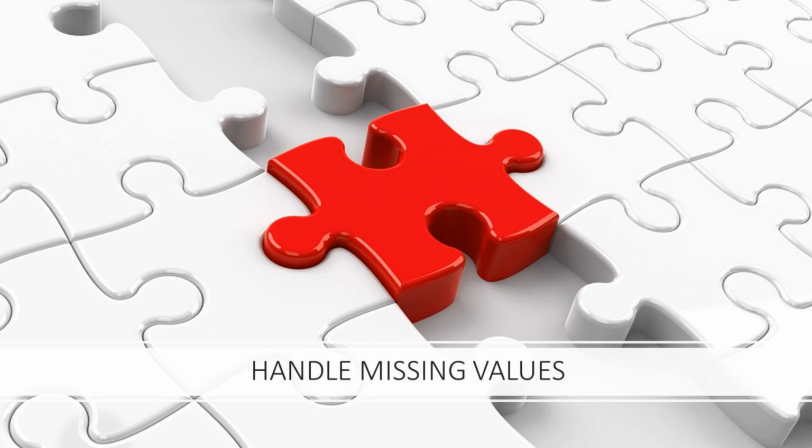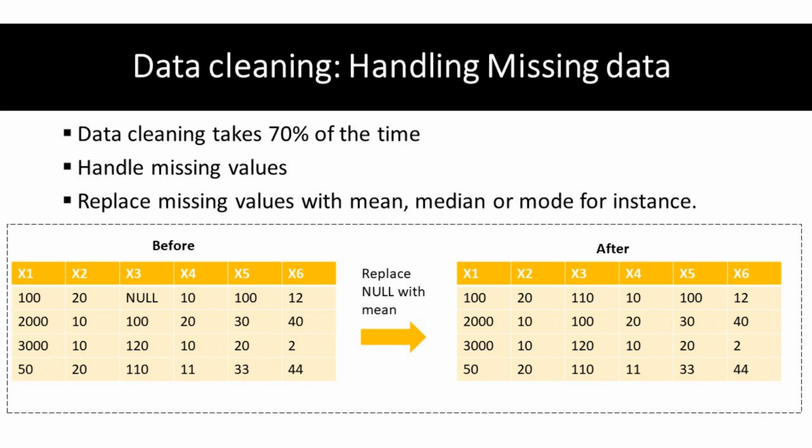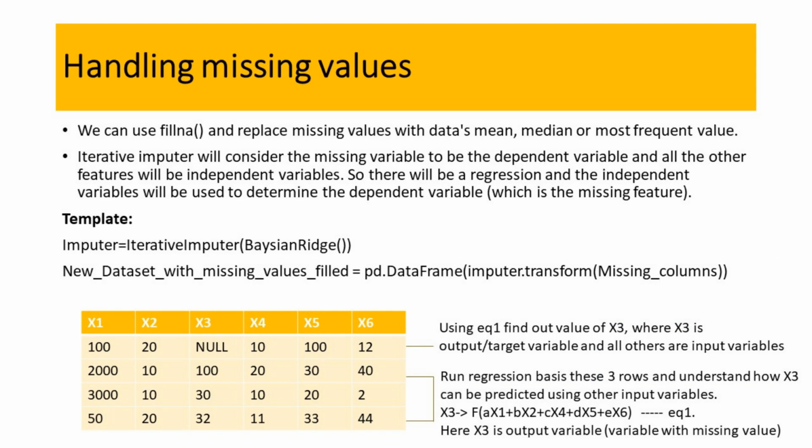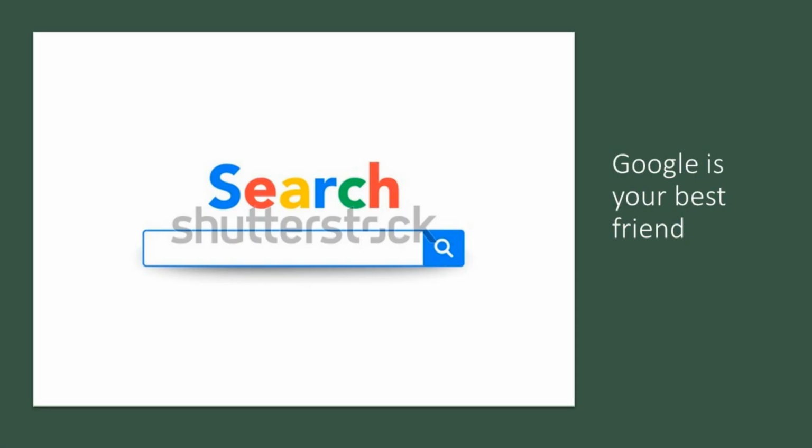But you understand that we need to basically replace the missing values. Mostly we replace them with mean, median, mode for simplicity's sake. But if you want to use a better method, then iterative imputer is definitely a much better method. If you can see the template, imputer is the variable name, which is equal to IterativeImputer. IterativeImputer is the function name. So it is a simple cut, copy, paste thing. I'll tell you one thing.